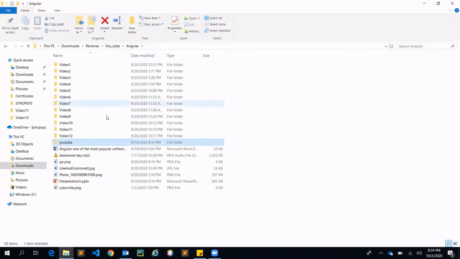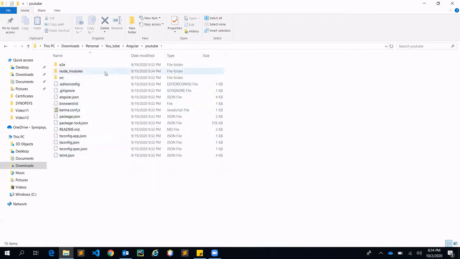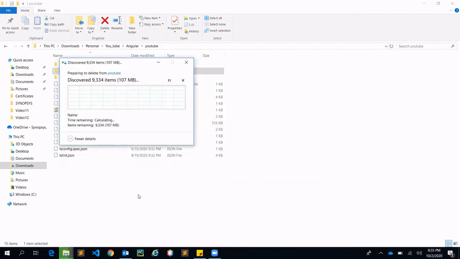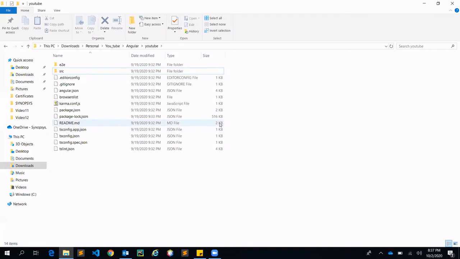So you can see this is our project. You can see my screen, and this is our project. What we can do is just delete this node module. I'll just press shift delete. Okay, I'm just removing it. It may take some time. Yeah, it is taking a little bit of time, because JavaScript libraries most of the time take a while to get deleted. So please have patience and it will be deleted soon. As you can see, the node module folder has been deleted.